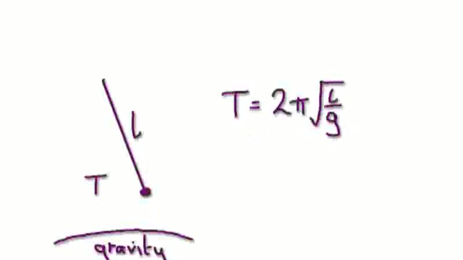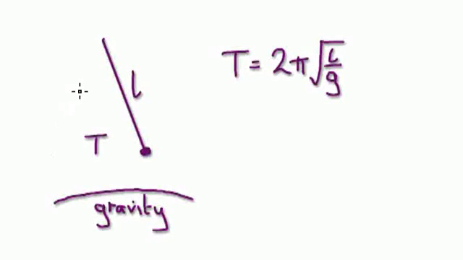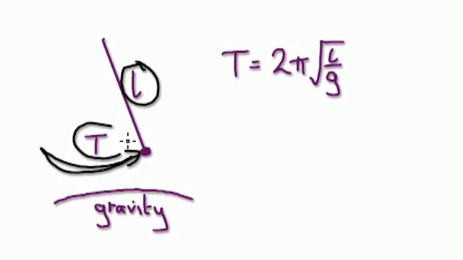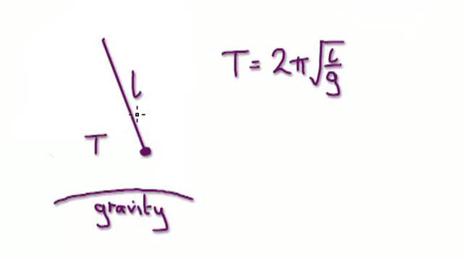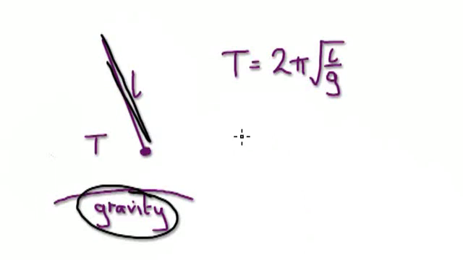In the previous video, we looked at a pendulum. The length of the string is L. The time it takes to make one swing is given by T, and G here is gravity. Now, in the previous video, we kept the gravity the same, and we varied the length of the string, and